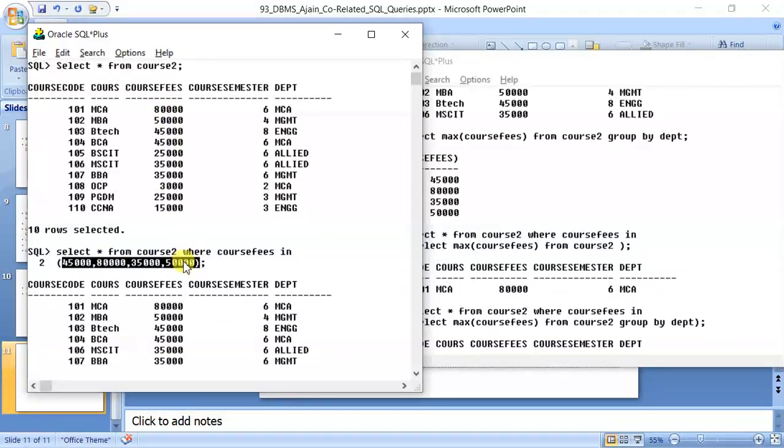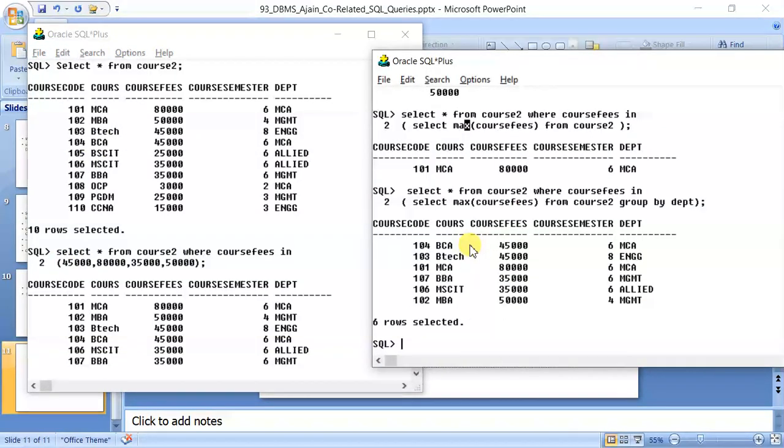Is it in this list? Yes, it was displayed. Then Oracle scanned the third record. Is it in this list? Yes. Now here is the fault. When Oracle scanned this row, it has 45,000 as fees, and it checked here, is 45,000 here? Yes, and BCA was displayed.